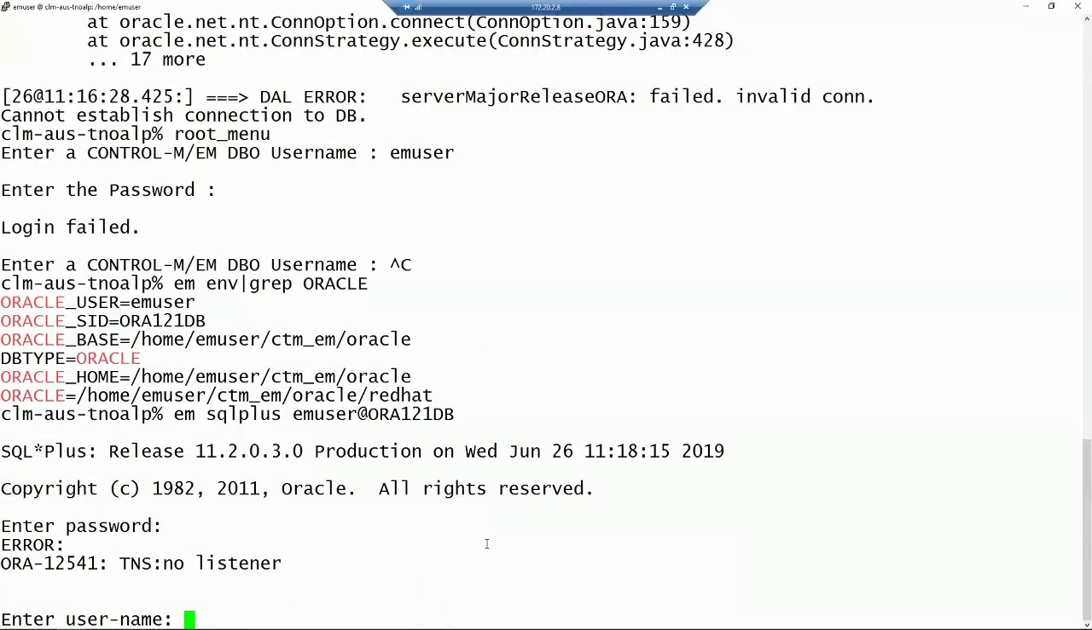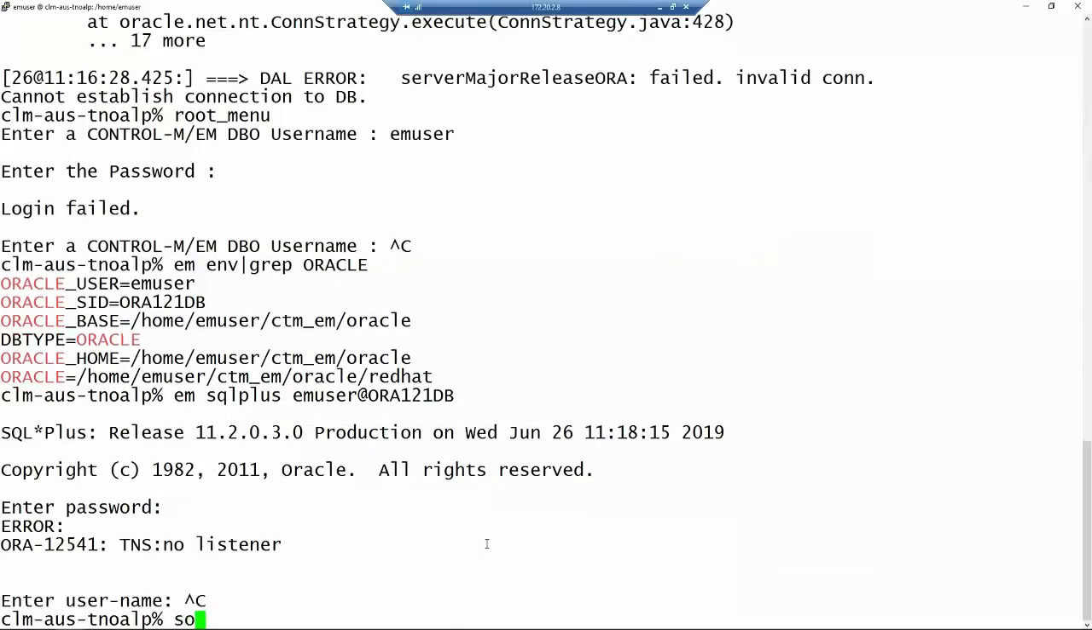The error is pointing to an issue with the listener. I don't know if the listener is down or the listener is corrupted. Something is going on with my database. At this stage, I will call my Oracle database administrator,